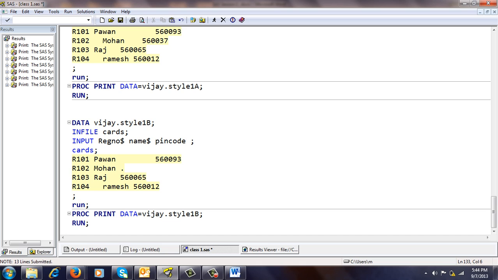In the third observation I do not know the name, so I put a dot here. If you leave it blank, it is going to take the next value as your observation. So irrespective of numeric or character variables, I give a dot for all missing values.